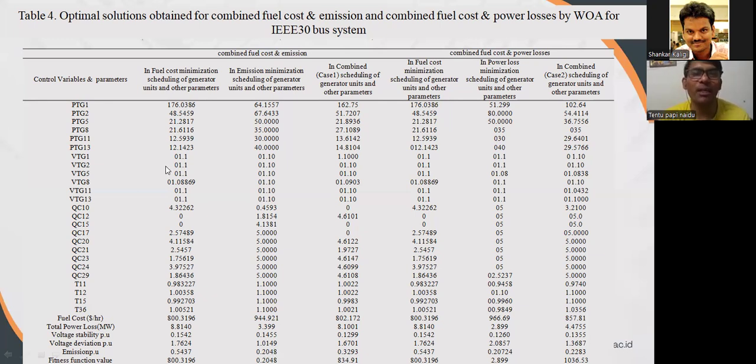So the third case, by combining these two. Here my main objective is to reduce the total fuel cost and the emission. So combined, the main function is a multi-objective function. Here the multi-objective, in this case the fuel